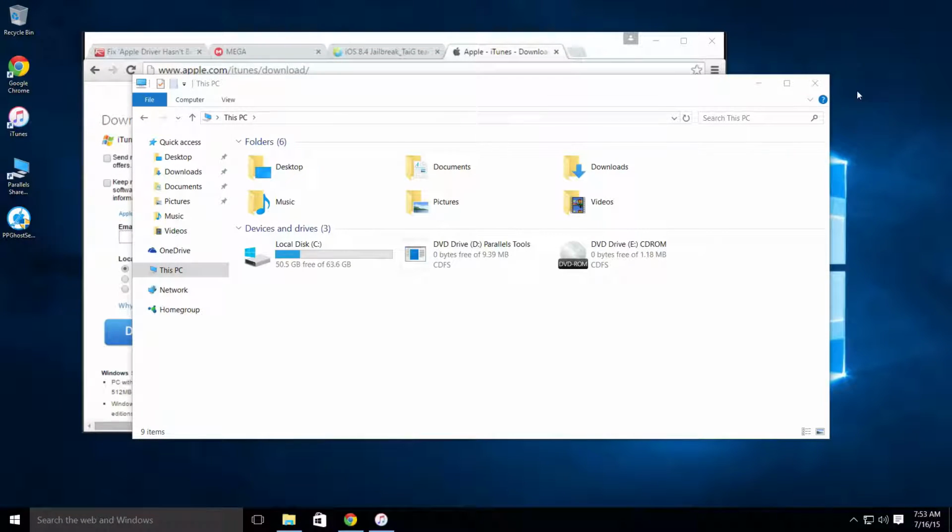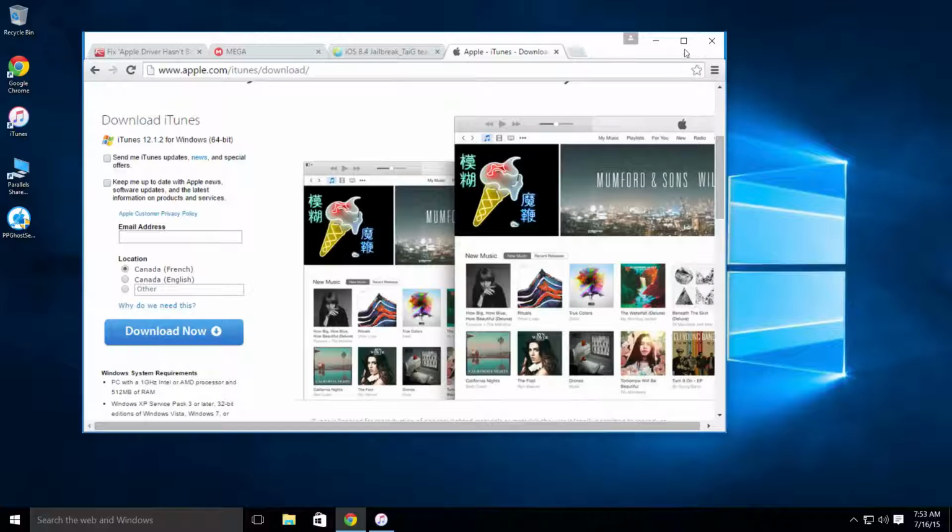Asher here from Gadget Blur, and today we're going to be taking a look at how to jailbreak and restore your iPhone running iOS 8.3 or 8.4. Now, this is going to be a clean install because, well, I honestly don't like jailbreaking in place. I always like doing a clean install. You can restore afterwards if you want, restore it from backup, but I like clean installing when there's a new